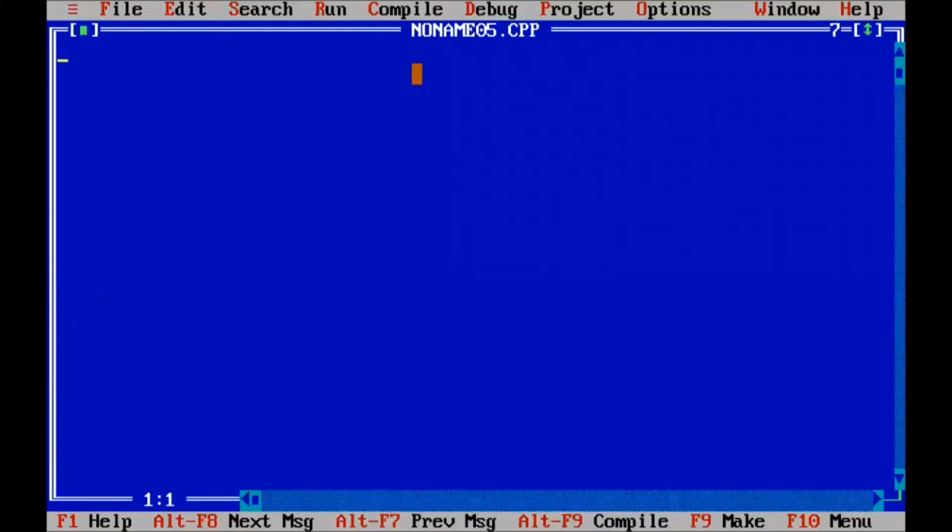Here we write the header file once again: #include <stdio.h>, #include <conio.h>. We write the main function, void main.